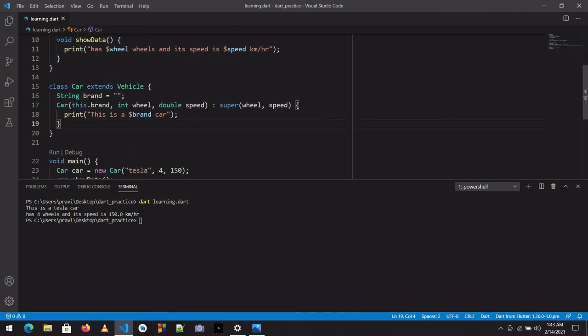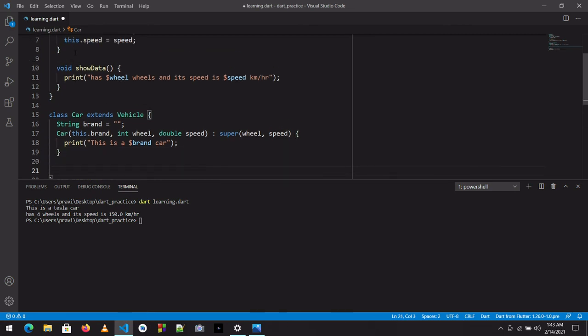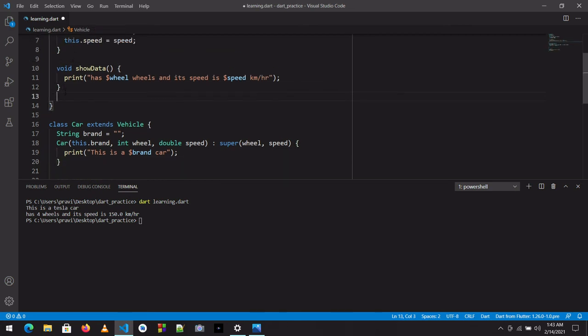And there is one more concept in class and object in this language, and in different languages also, we have function override, overriding a function. Now what is overriding a function in these languages? It means that once we created some function here, void show data, we already created this function, and I want to show more data.